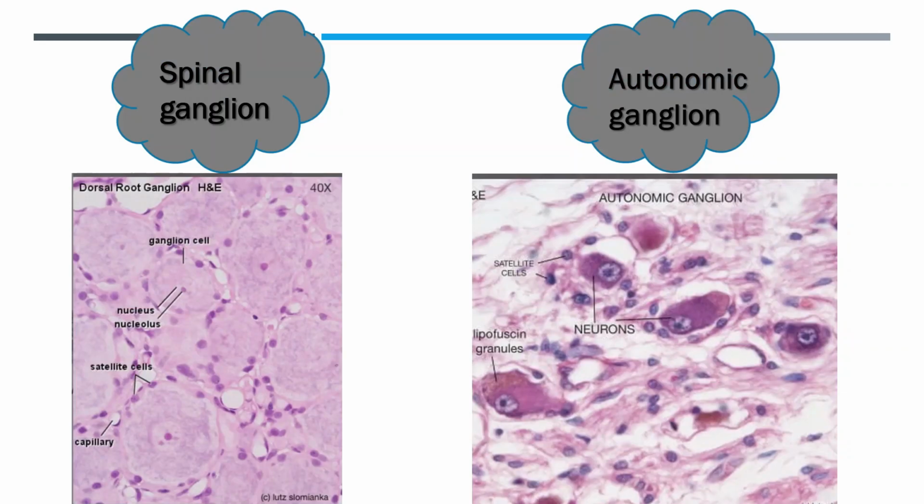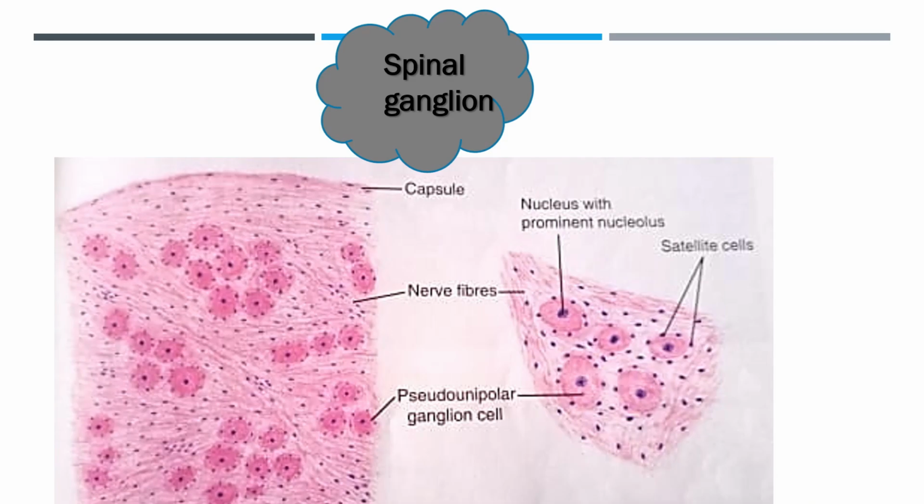So this is how the spinal ganglion looks. We have the pseudo-unipolar large cell bodies with the round central nucleus and many satellite cells around them. These are forming aggregates. They are arranged in groups, whereas here they are scattered. They are here and there, and they are multipolar neurons. So the shape will not exactly be round, and the nucleus is also eccentric. There is a prominent nucleolus, and the satellite cells are present, but they are less as compared to that of the spinal ganglion.